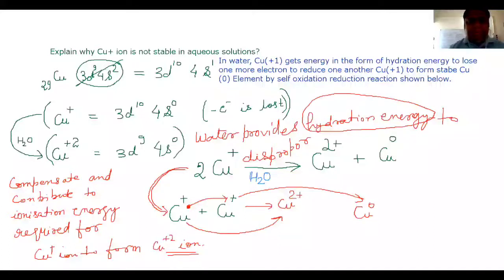What is meant by disproportionation reaction? Give an example. We had seen how manganate ion, potassium manganate, converted itself into potassium permanganate. So we can see the same reaction and we can practice. What is meant by disproportionation of an oxidation state? Give an example. So we can give two examples for this, one which is given in your book and one which you have just used to describe the ionization of Cu1 plus ion. So we'll pick up the question from here.